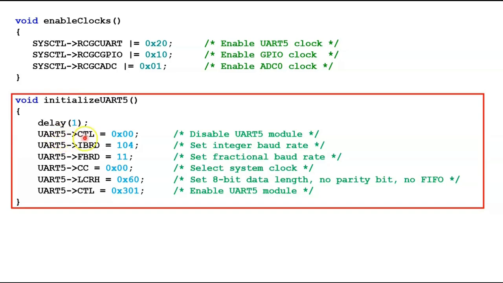So the first statement here disables the UART5 module. Then this statement here will set the integer baud rate. And then this next statement here will set the fractional baud rate. And this statement here will select the system clock. And this statement here will set